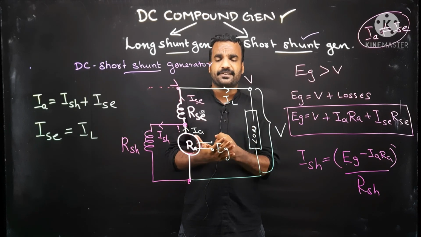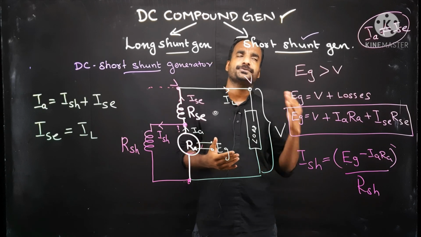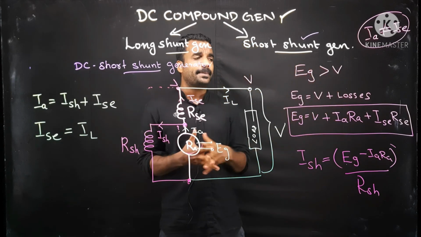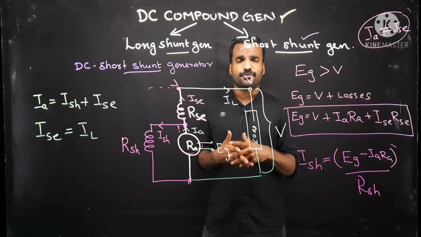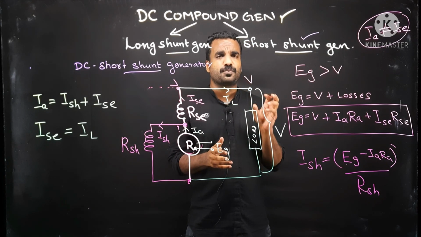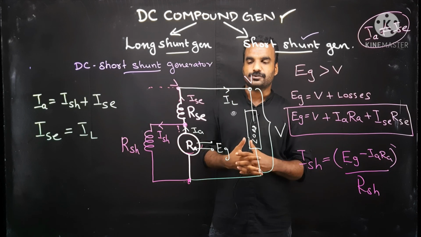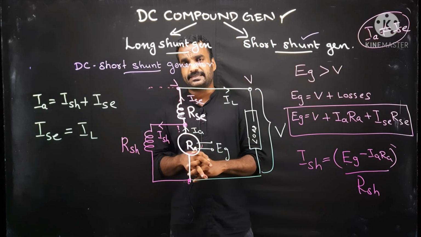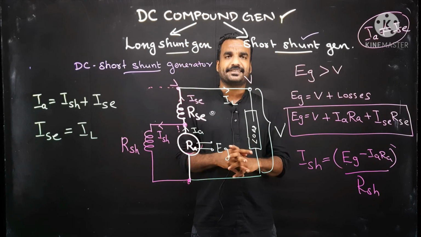So these are the classifications of DC generator. We discussed series generator, shunt generator, long shunt generator, short shunt generator and their mathematical derivations for their terminal voltage equations. And you can expect some small numerical problems from this area also. So hope you enjoyed this lecture. We'll see in the next class. Thank you.